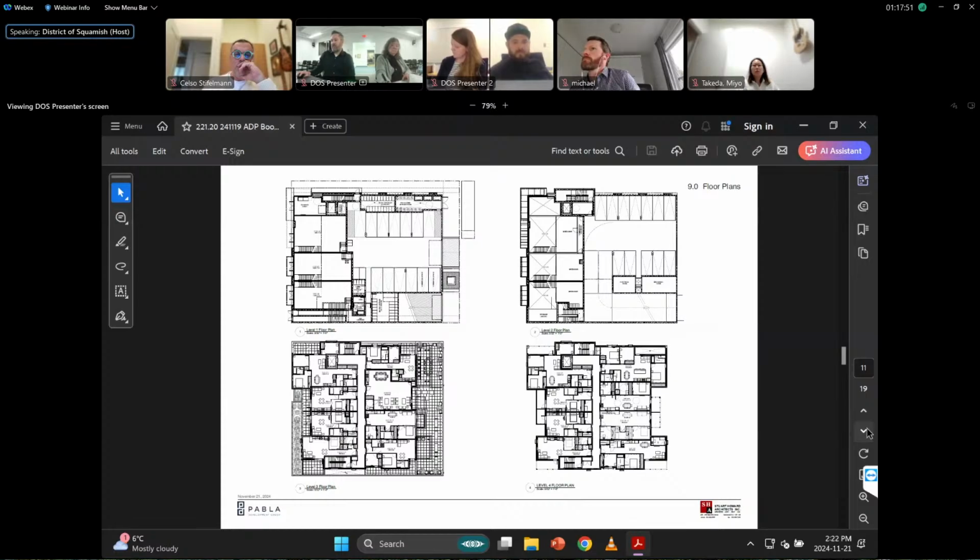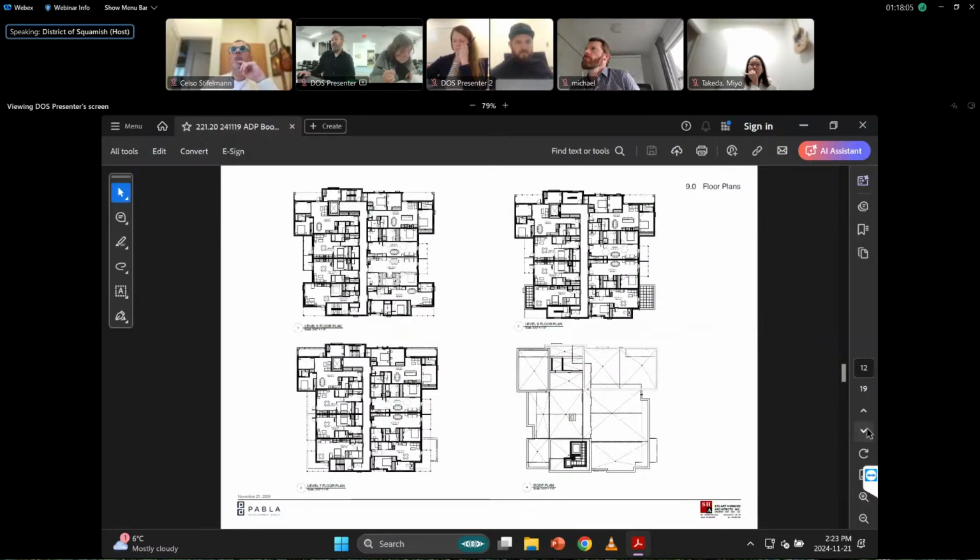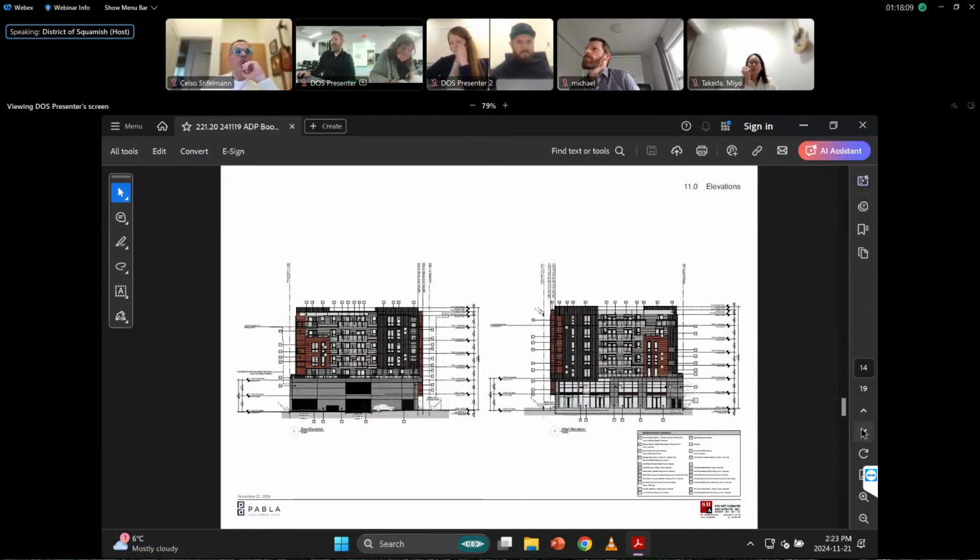I realize my time is short, so I'll go through this quite briefly. Again, a series of unit plans and floor plans just to explain what we're up to in terms of the commercial levels and residential levels. You'll see on your bottom left explanations of the amenity spaces, both indoor and outdoor. On the elevation side,